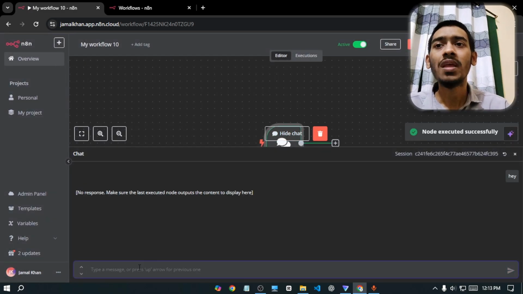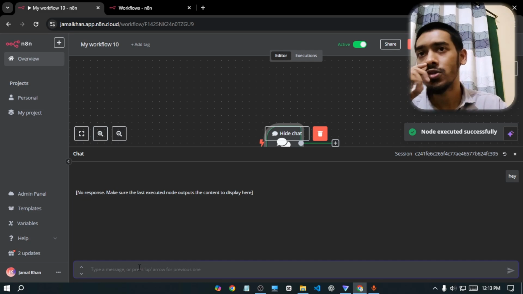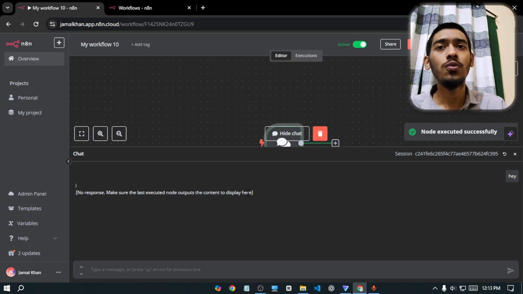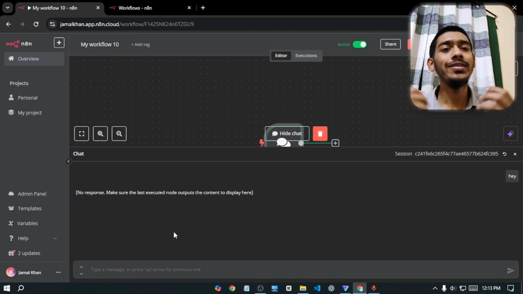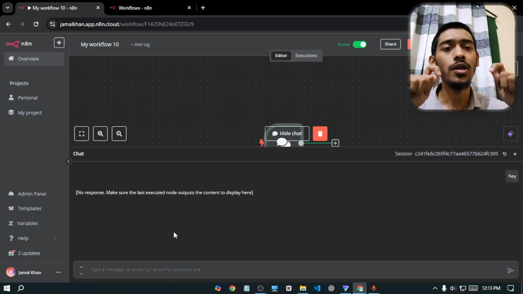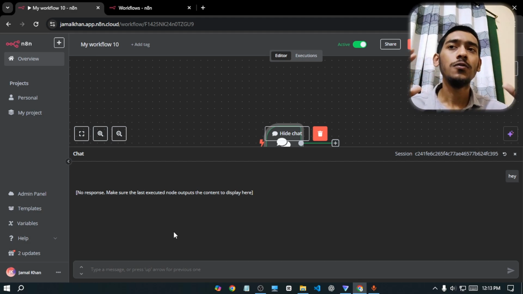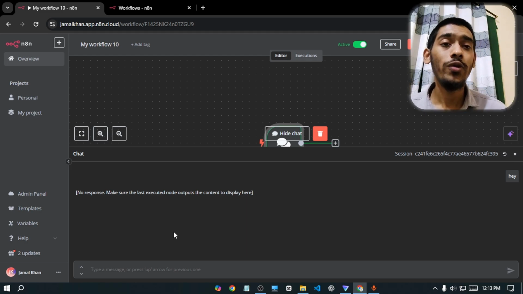hey, and the response will be no response. Make sure the last executed node outputs the content to display here. It can't give you any kind of response because it only takes the data as input. Whatever a user asks will just be the input for it. So to generate a reply for that message, we have to add a brain,